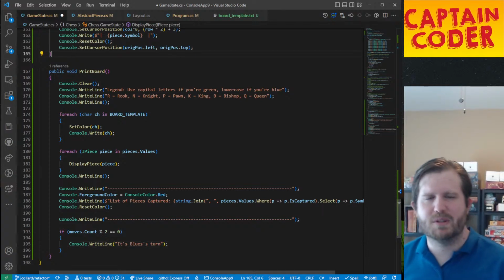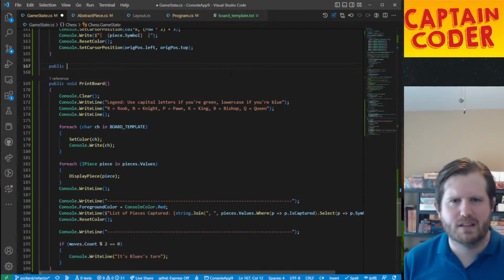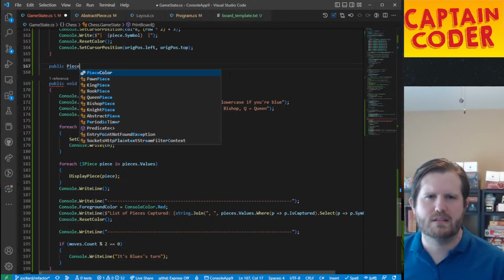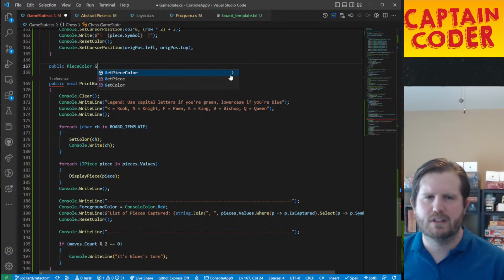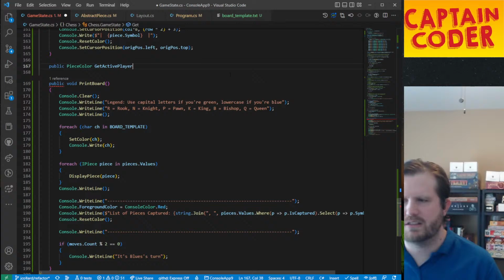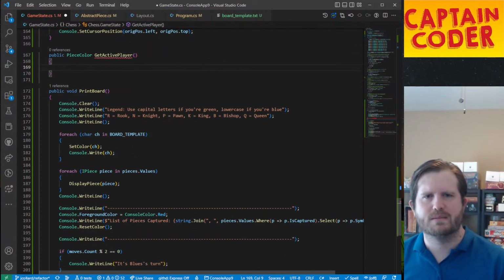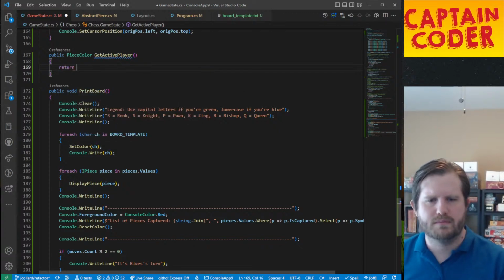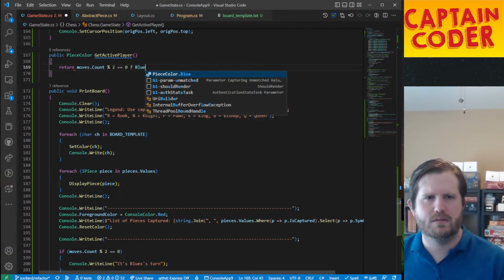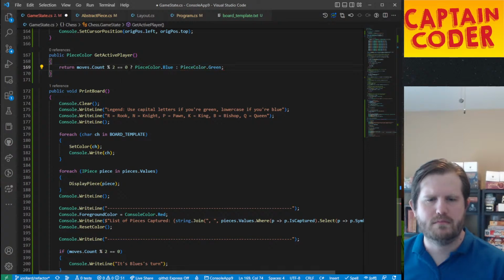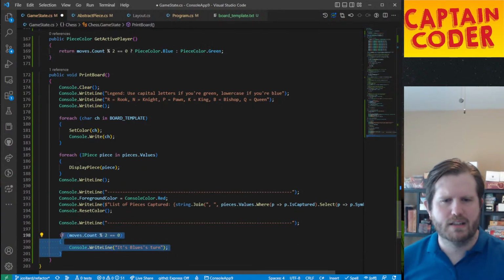And in fact, I'm going to write a method here. Public PieceColor GetActivePlayer. So this will return which player it is, and essentially we're going to do this: return blue, green. Then we're going to say